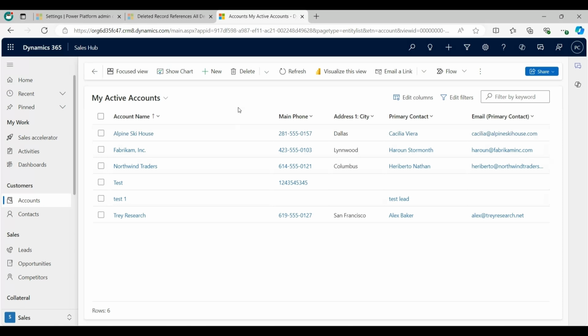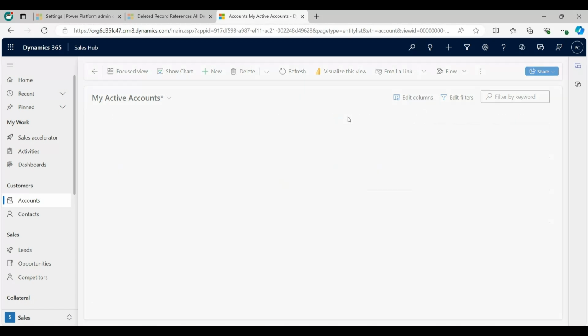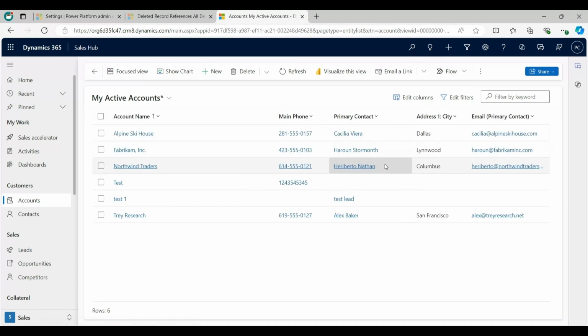In this video, we will discuss new grid features for Dynamics 365 CE and model-driven Power Apps. In Dynamics 365 and model-driven apps, you can now easily reorder columns using drag and drop controls on the column header. And this is just one example of a series of new grid features.